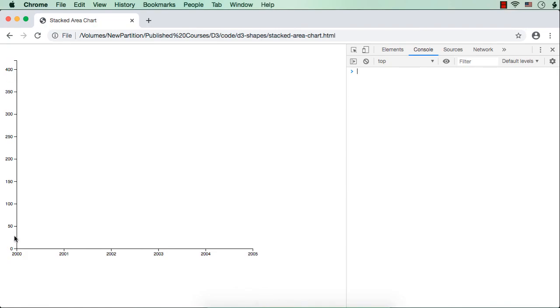See, we have the y-axis and also the x-axis, and here the maximum is actually 420. It is displaying only up to 400 because it is displaying with a gap of 50: 0, 50, 100, 150, up to 400, and a small tick is here. It is the value 420. Next, we have to define the area and then display it as a stacked area chart. We will do it in the next lecture.